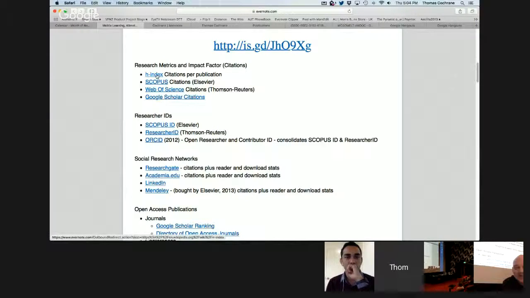I'm not sure if people have heard about it too much, but H-index was developed about 2004, which really gives a combination overview of average publications that you've published and average citations per publication. So it gives like an impact factor for you as a researcher. And then of course two of the biggest publishing companies have their own impact factors. So we have Scopus, which is owned by Elsevier, and Web of Science, owned by Thomson Reuters, and then of course Google Scholar. And Google Scholar is obviously a bit more open, so I'm just going to show you,